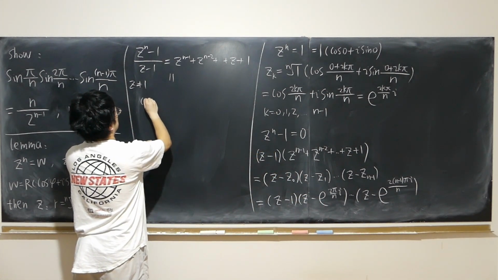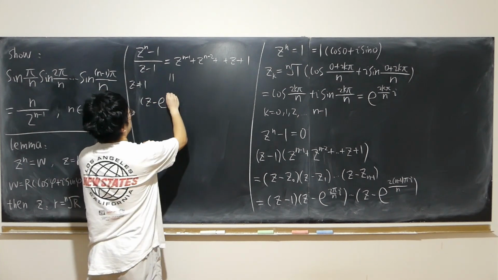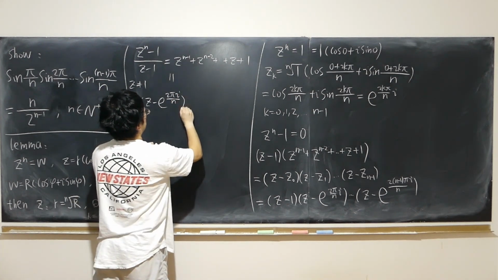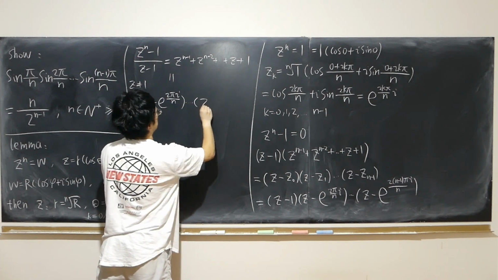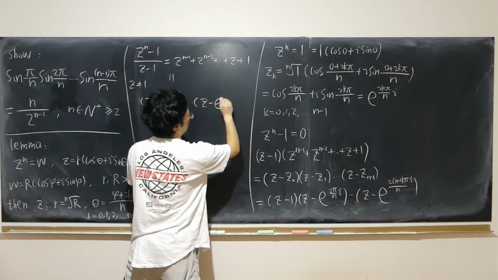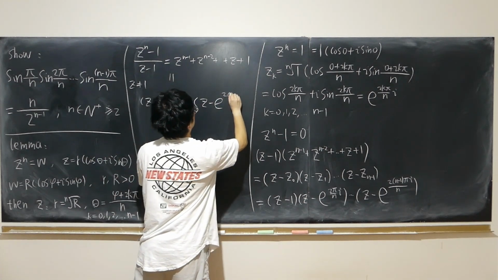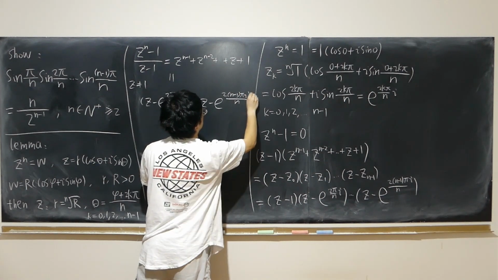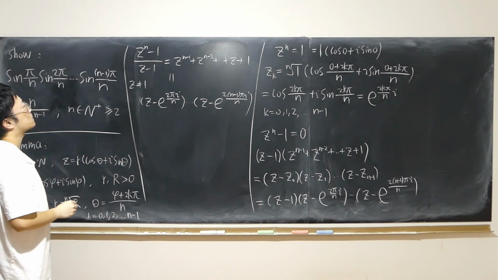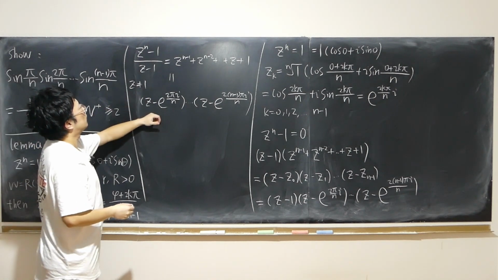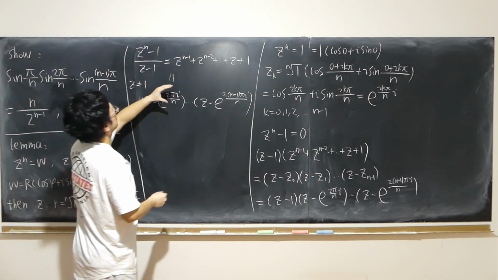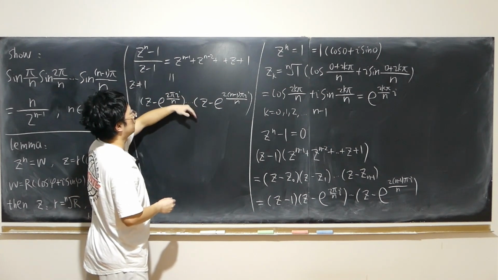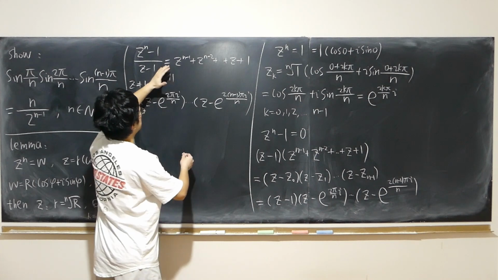z minus e to the 2 pi i over n, all the way to z minus e to the 2 times (n minus 1) pi i over n, when z is not equal to 1. But if we want to make sure that they are also equal to each other even when z is equal to 1, how can we, perhaps we can say that because